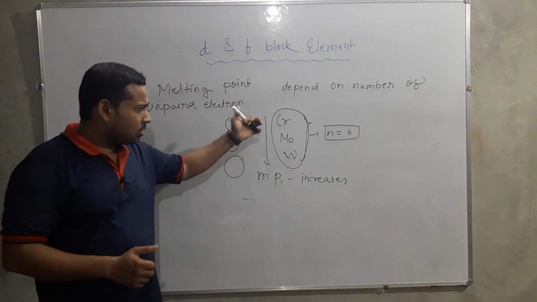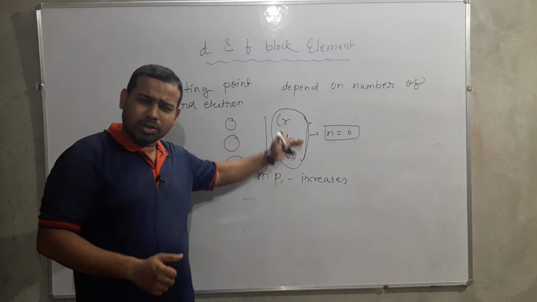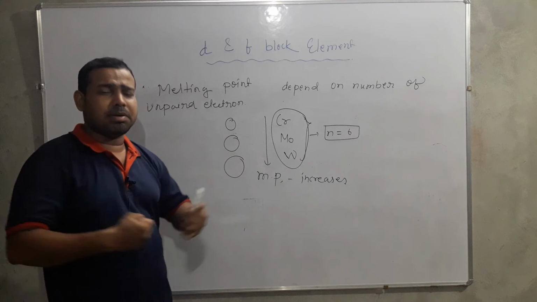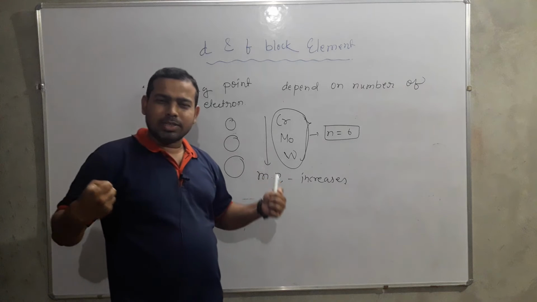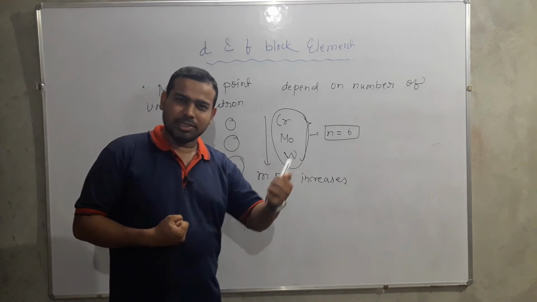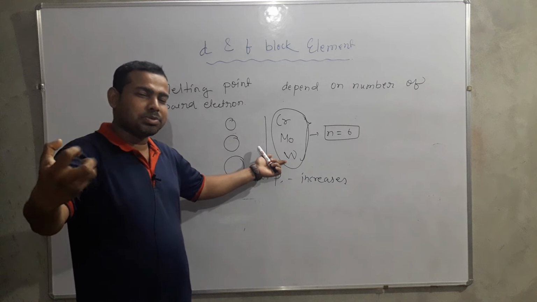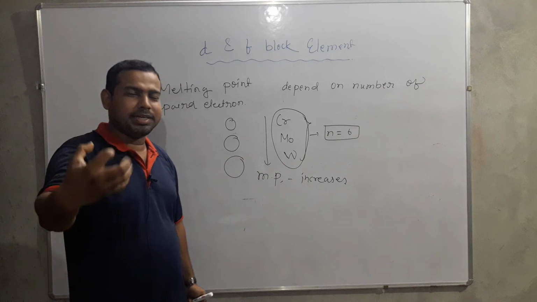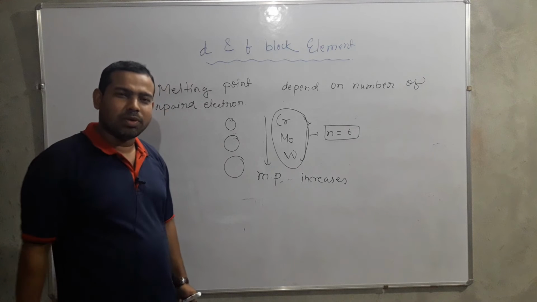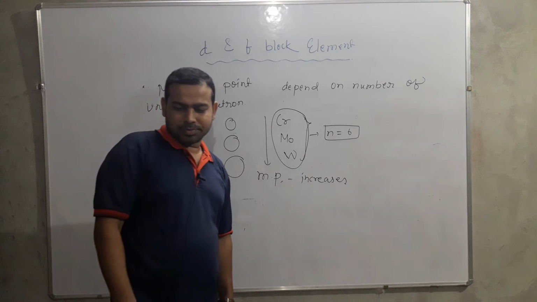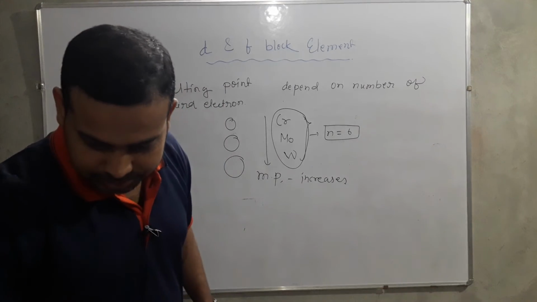So one reason is the number of unpaired electrons. All the elements contain the same number of unpaired electrons, but the bottom element has the maximum van der Waals attraction force. Due to the presence of van der Waals attraction force, this metal shows exceptional melting point, exceptional density and exceptional what? Exceptional atomization enthalpy also. Clear people? Next,